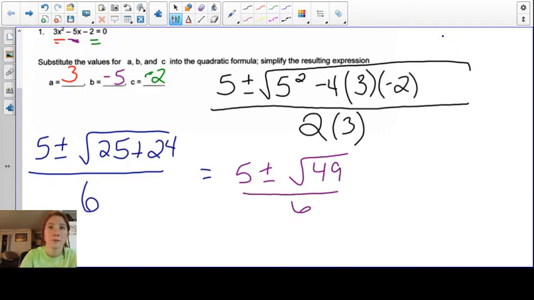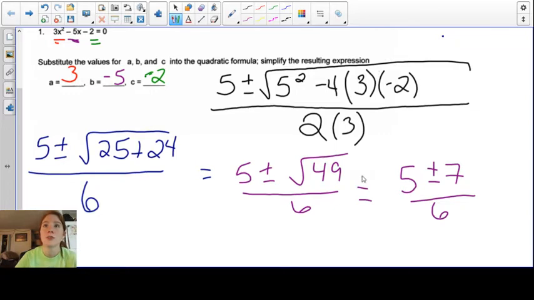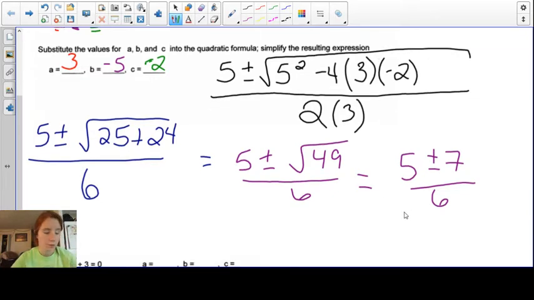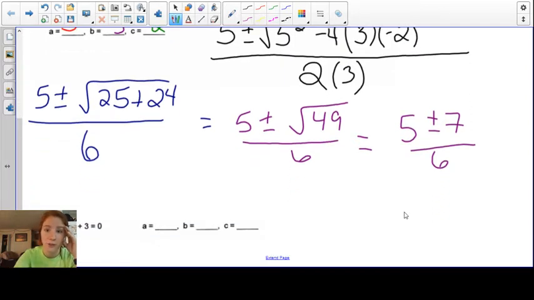Divided by 6. The square root of 49 is, ladies and gentlemen, 7. So I have 5 plus or minus 7, all divided by 6. So what that means is I have 2 answers. Just like I had 2 answers when I was solving for x by factoring, I'm still going to have 2 answers. So one of the answers will be my 5 plus 7